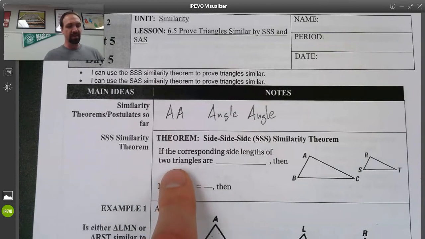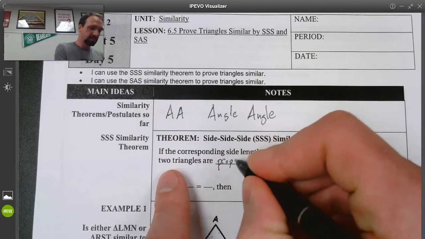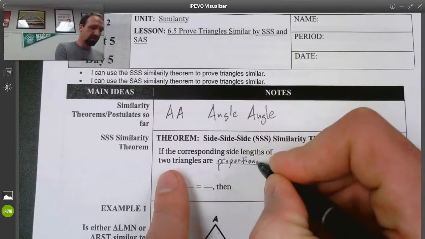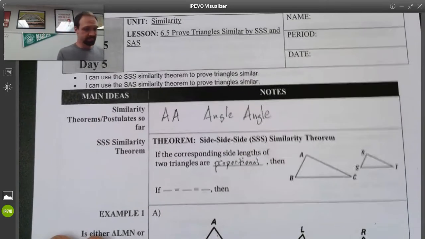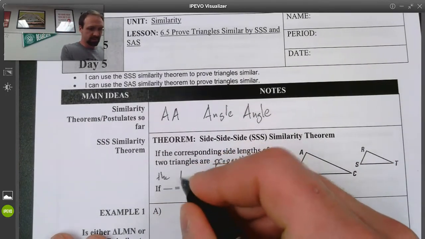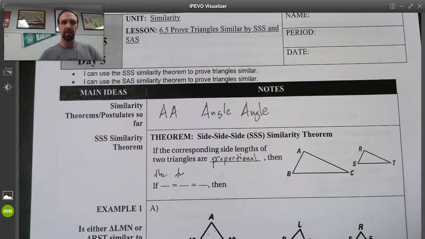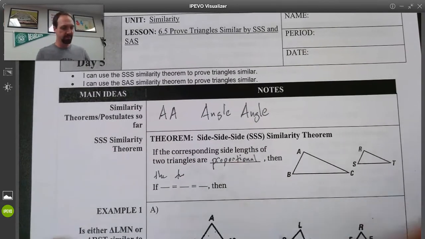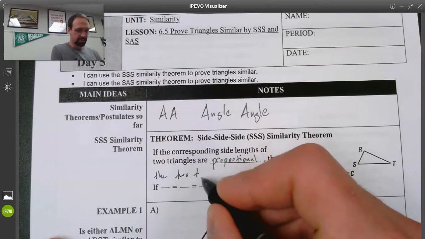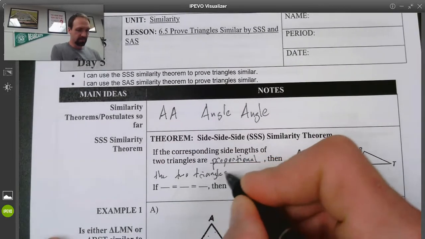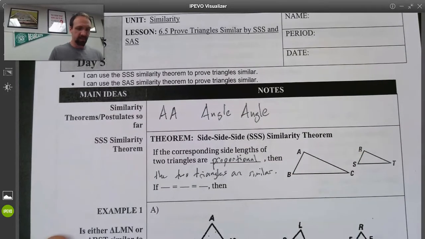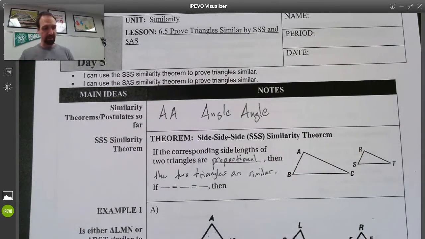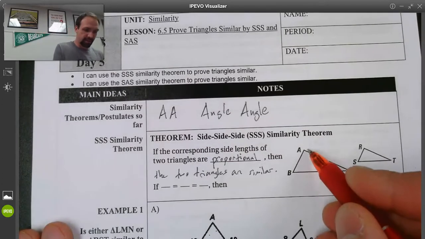If the corresponding side lengths of two triangles are proportional, then the two triangles are similar. Let me rotate my camera. There we go. The two triangles are similar. So here we have, if I have this side length